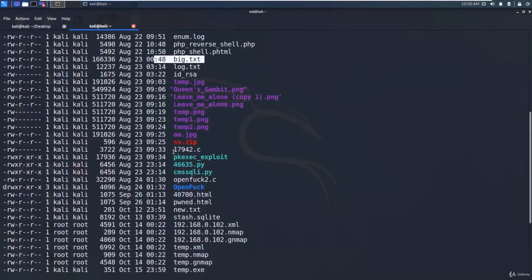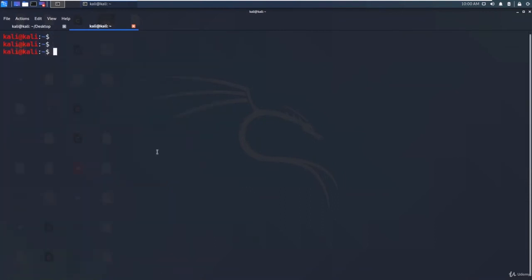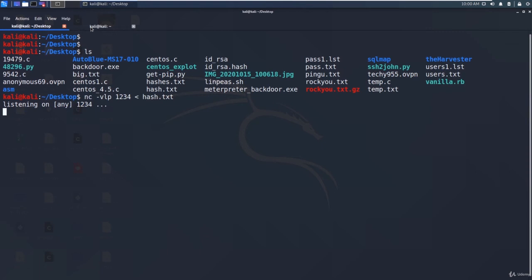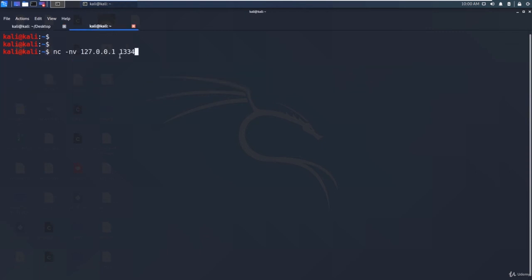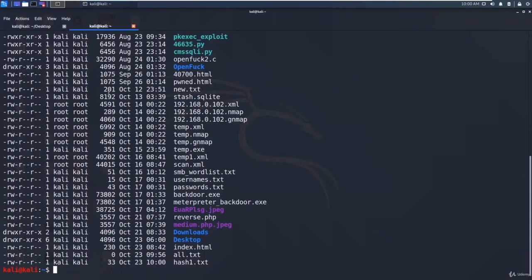Now I am in the home folder and say nc -nv with my own local IP address, connecting to 1234, and I am going to save it as hash1.txt. Now if I press Control C and say ls -ltr, I will get this hash1.txt.